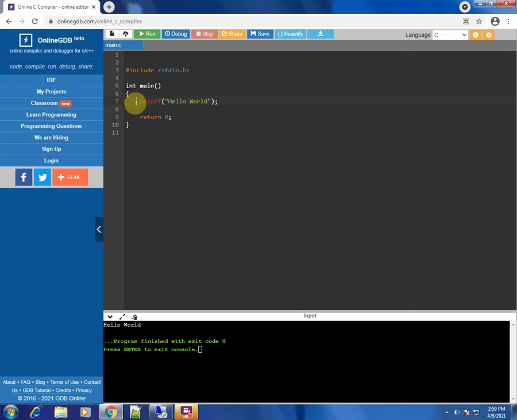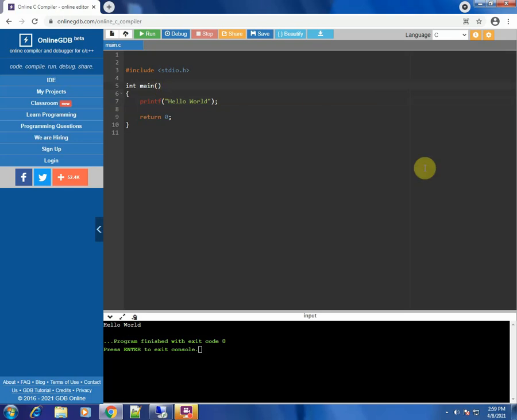This printf line ends with a semicolon. You have to remember that every line inside the main function will always end with a semicolon, so the semicolon denotes the end of the line. But for the main function, you don't write a semicolon.